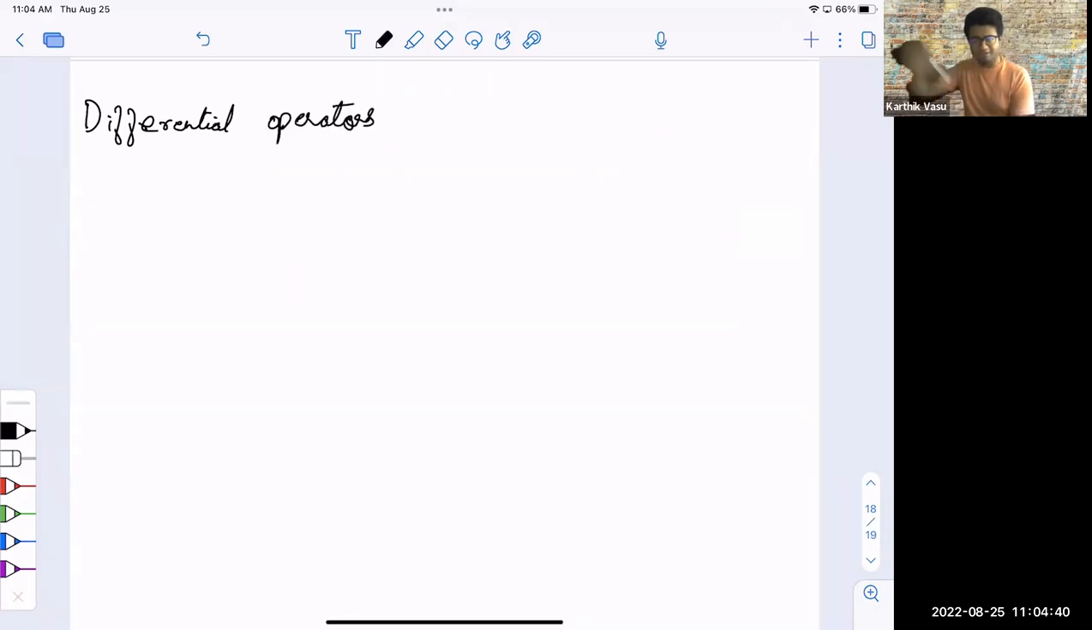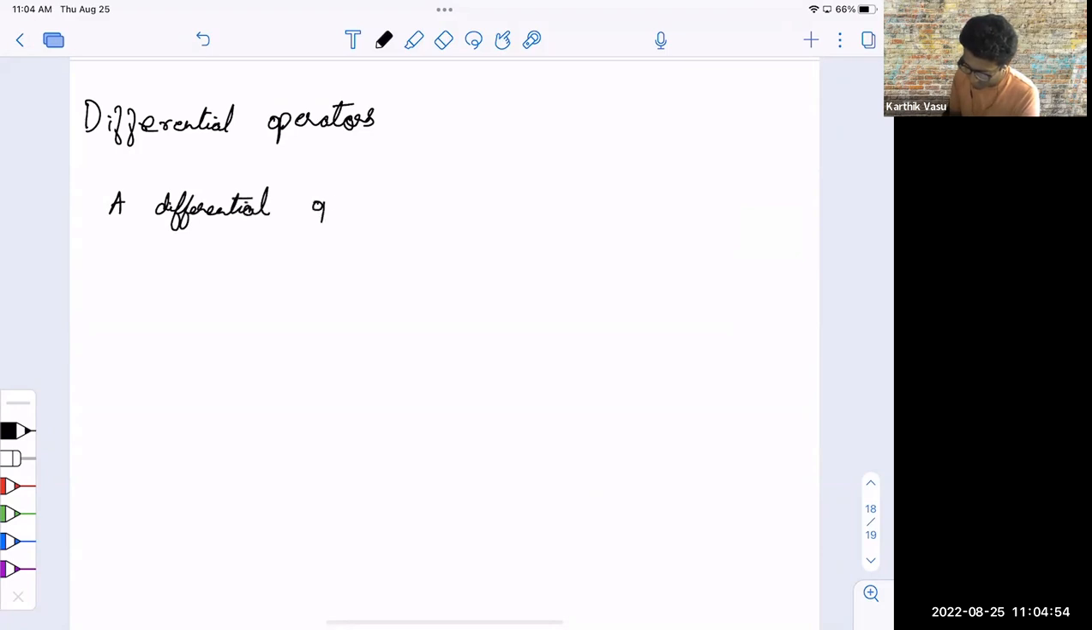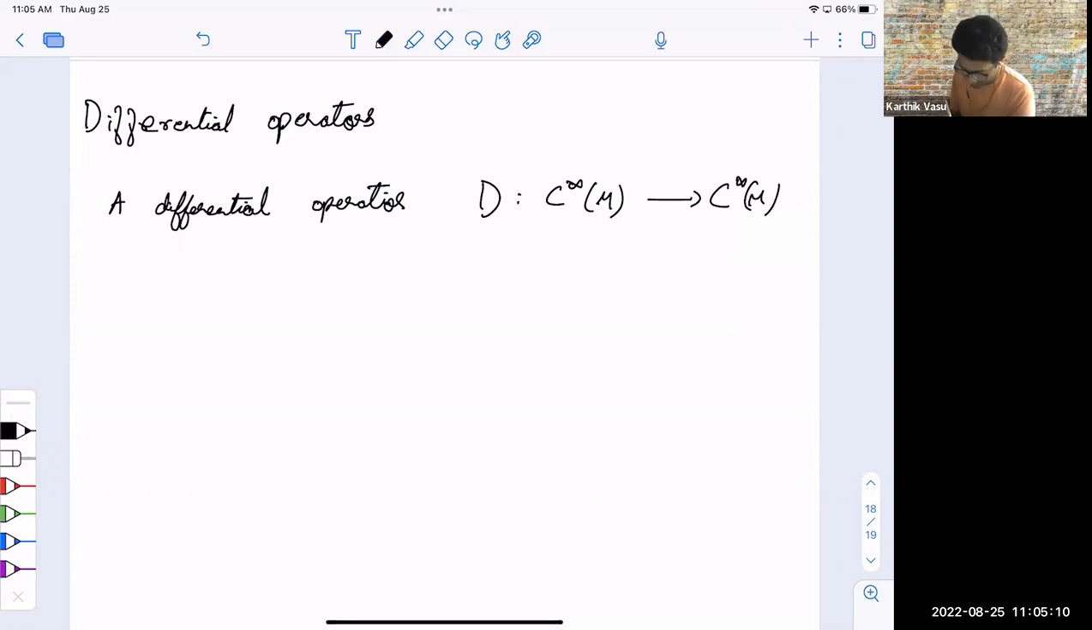So these are just independent of everything I've said, but it will link back in some way. A differential operator D will be a map which takes C infinity functions to C infinity functions on M, such that in local charts,